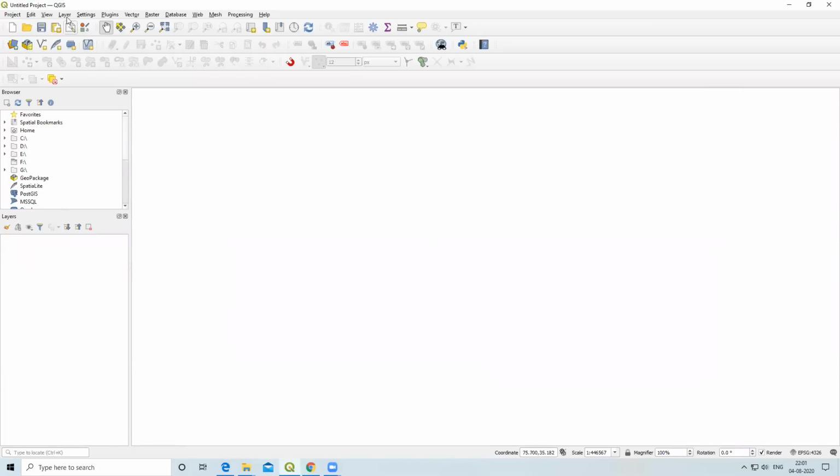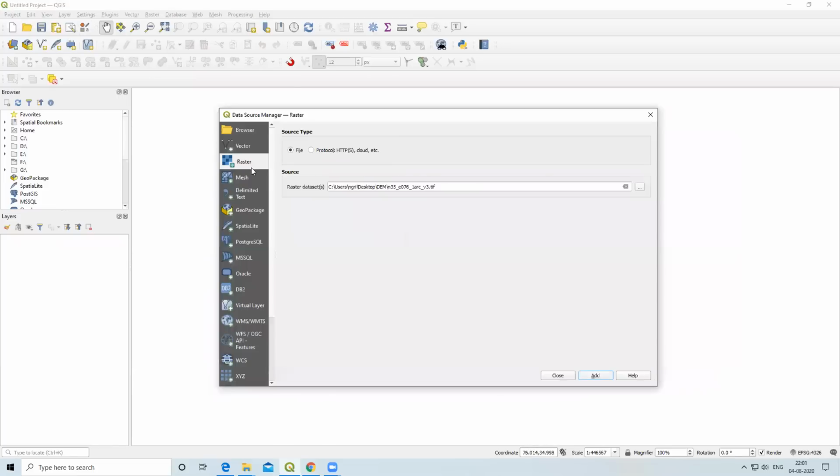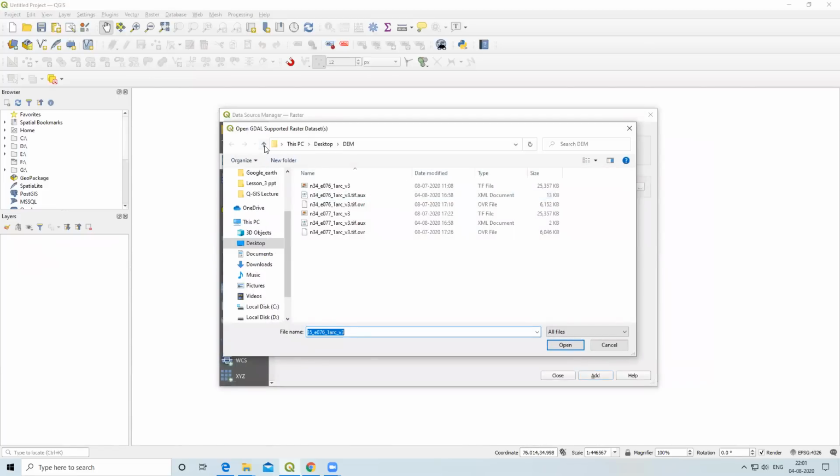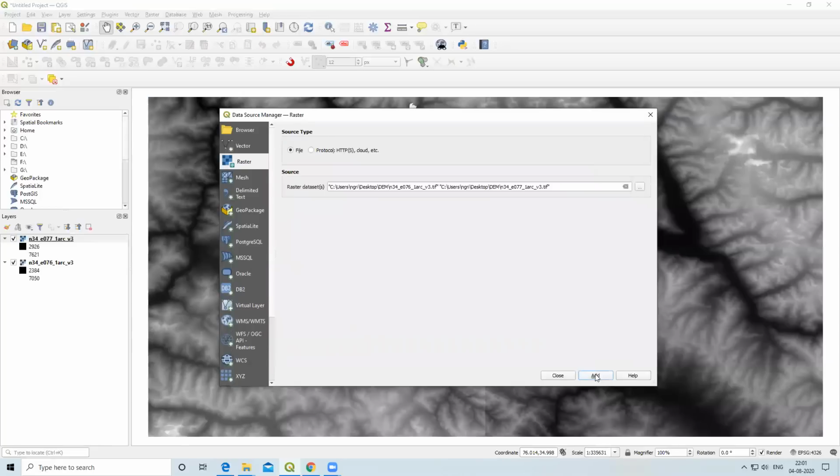For that I will click on Layers, Data Source Manager, select Raster and click here. Wherever you have saved your data, choose the folder and select a TIFF image. This TIFF image I will select. If there are a number of images, press control and select all the images and click on open. After that click on add and close.